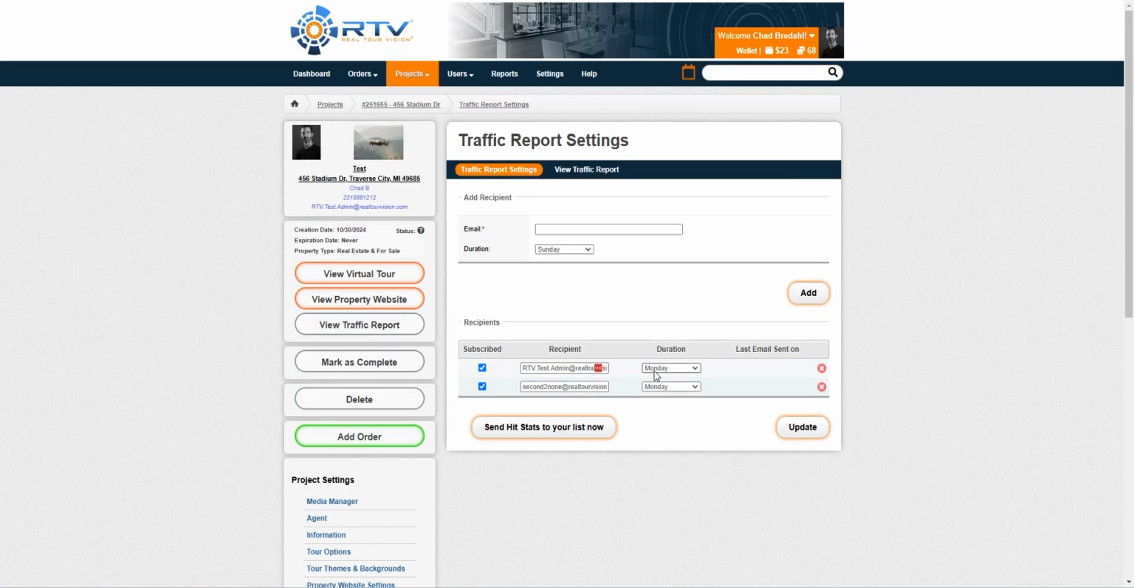In traffic reports, this is a feature that once the project is completed, it will generate this hit report for the project. So whenever someone is viewing the property website virtual tour, or they're redirected there from another URL or site such as Facebook and such, that's a great way for your agents to be able to track that information,